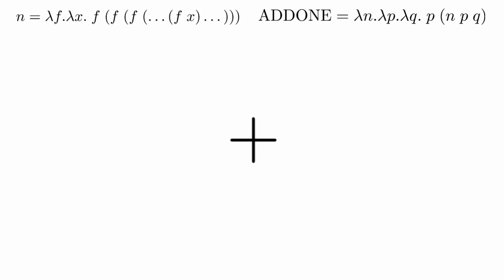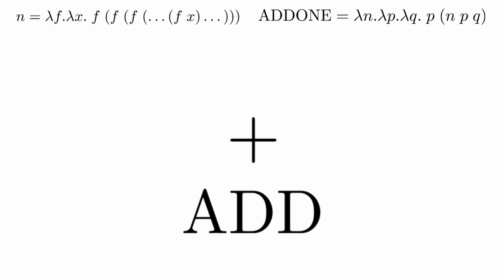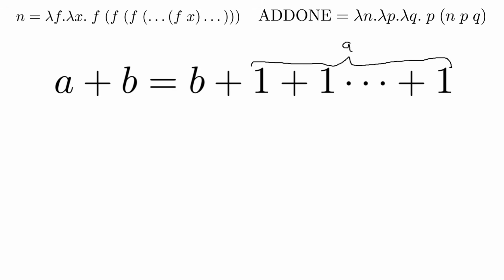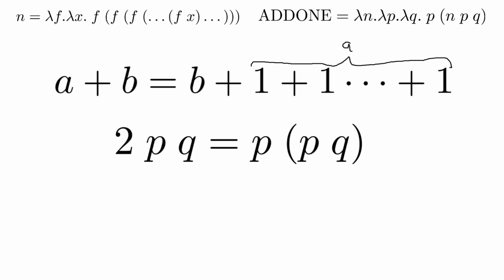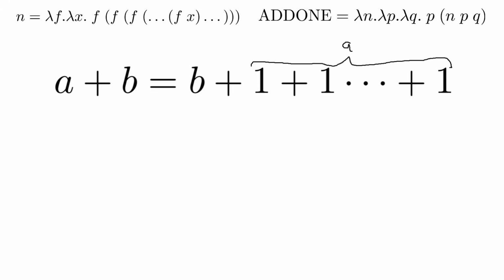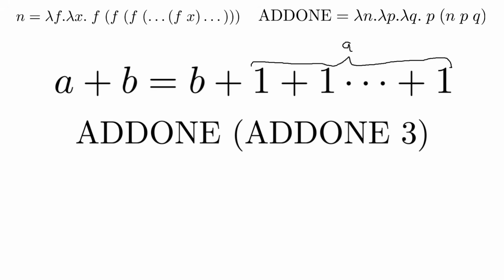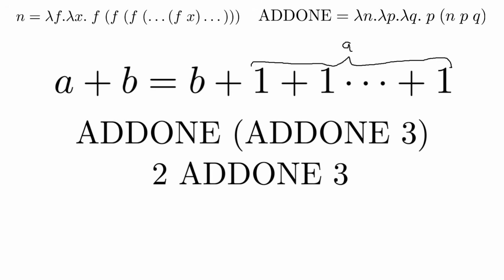So, what if we want to do addition and create an add function? Well, first of all, we can think of addition between a and b as increasing b by 1 a number of times. Knowing this, we can also look back at what numbers do. If we do 2 of p and q, it applies p to q twice. So what if to add 2 to 3 we apply add 1 to 3 twice? That would look like this: 2 add 1 3, with 2 repeating add 1 on 3 twice,